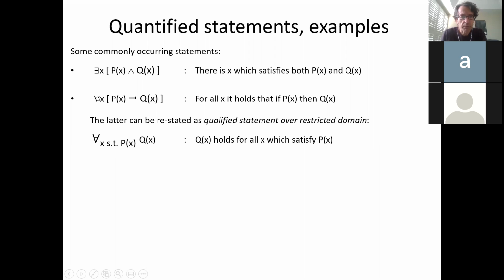But first I want to point out that this can be stated in slightly different syntax, and you should be familiar with that syntax as well. So what this says is that for all x's, if they satisfy this predicate, then they satisfy that one, right? You can say it this way, instead of saying for all elements in some huge domain,